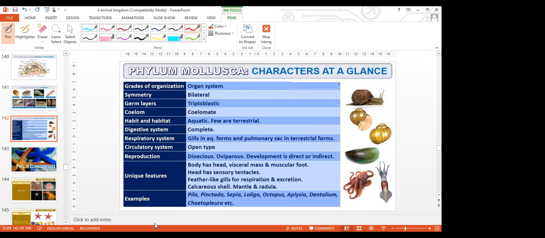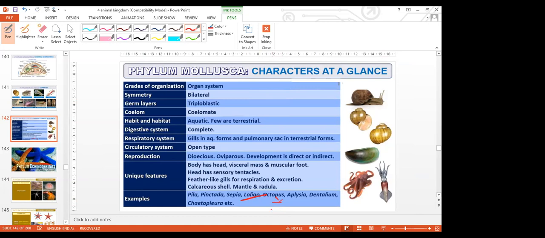Sepia, Loligo, Octopus. What is that? Aplysia. Lollipop? What is that you said? Ma'am, is it Loligo? Okay. Loligo, yeah. Fine. Loligo. Okay. So Octopus, Aplysia, Dentalium,